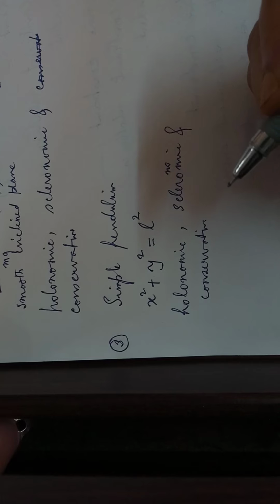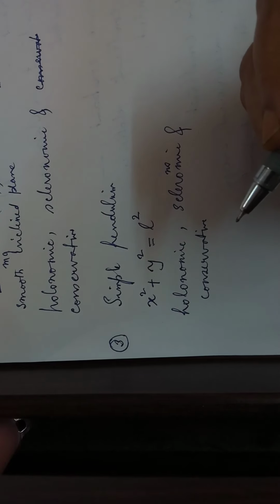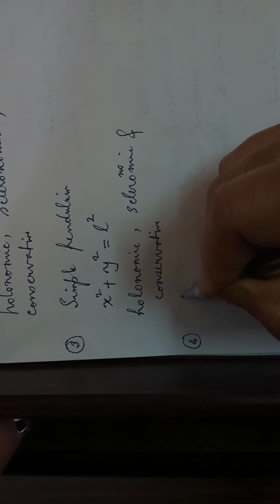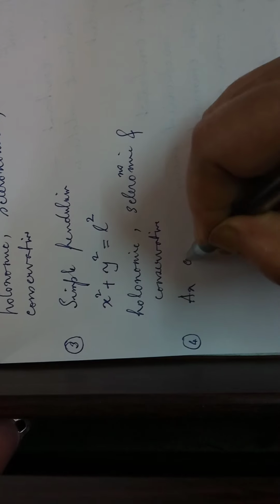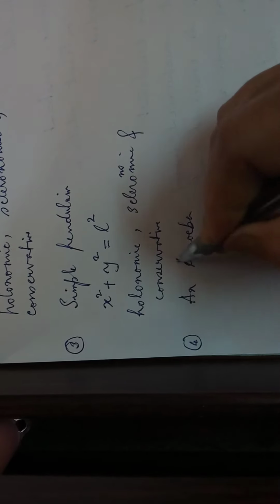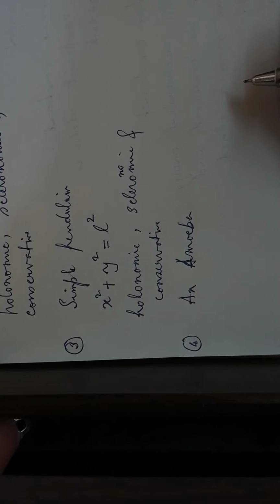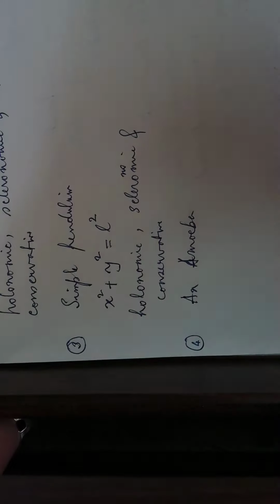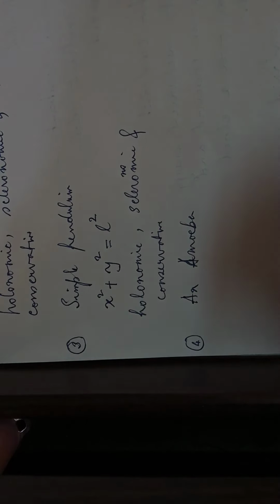Okay, so let us now try to find some examples where you have time dependence. Suppose a deformable body like an amoeba. Consider an amoeba, number 4. You have all studied amoeba in your biology, isn't it? What does an amoeba do? Its body keeps on deforming. Its body keeps on changing shape as it moves on, isn't it?